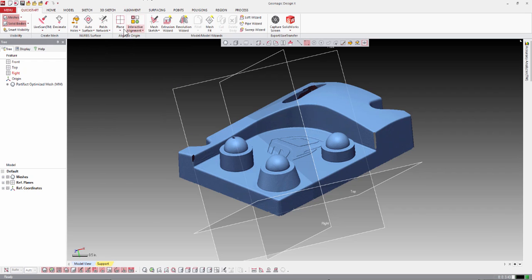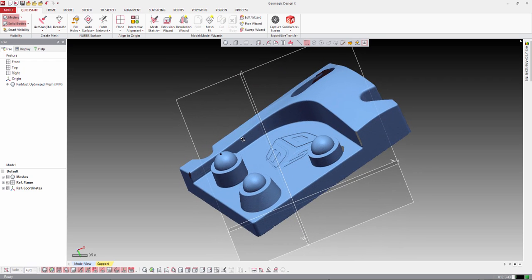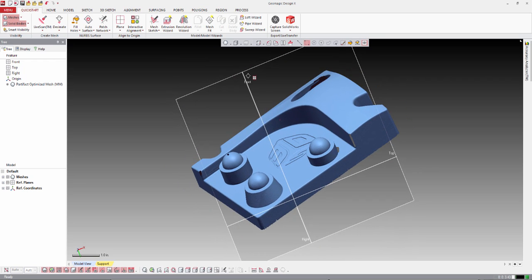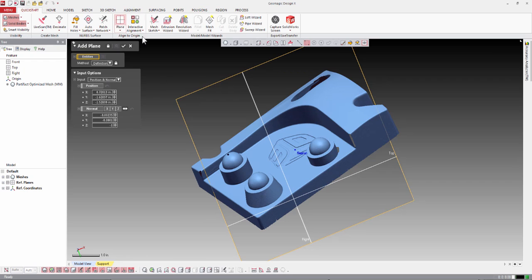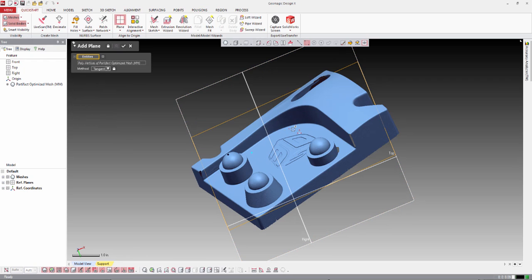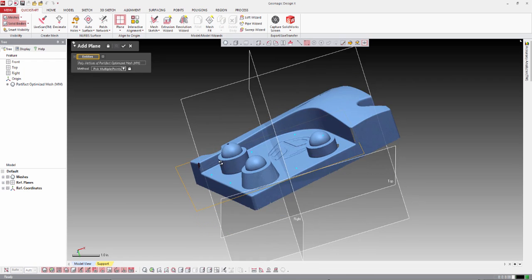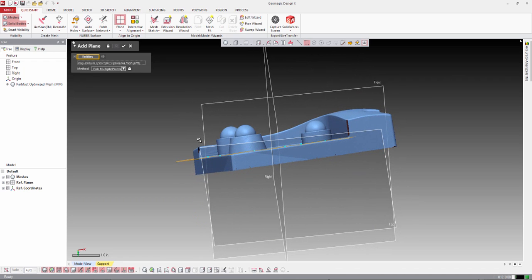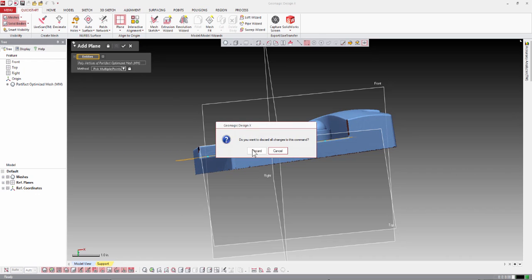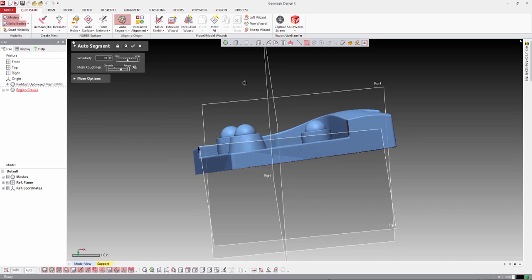So we're going to skip to aligning this scan data set to the origin. What you'll notice is that this is kind of off at a diagonal. It's not really square to the origin. We have some tools like the plane tool, where we can fit a plane to different points on the mesh, and once these points are selected, they get fit to the mesh, and we can use that to align to the origin. What's an easier method is to run the auto segment tool, and what this does is it breaks